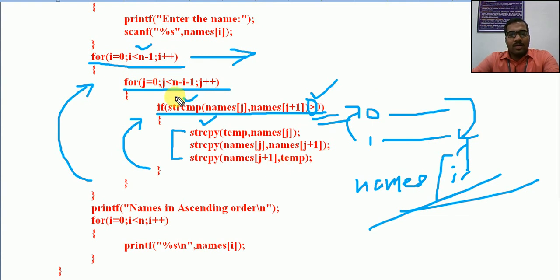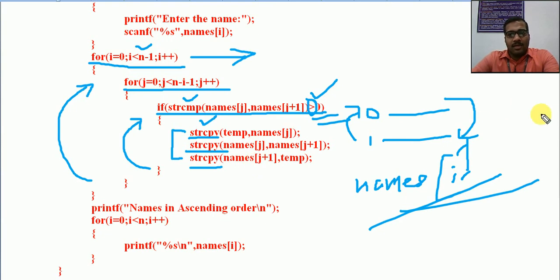Those who are unaware of this bubble sort algorithm, just look at the integer sorting. It also follows the same syntax. The only difference is that for comparison checking we are using the built-in strcmp. For swapping, while swapping we are doing some assignments, and there we are using strcpy. These two are the differences compared with the integer array.